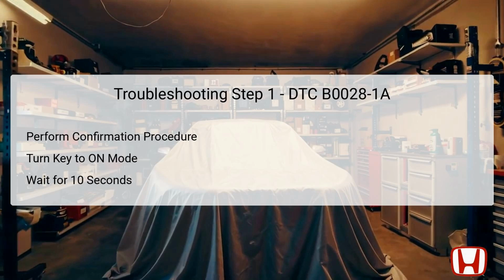The first step in troubleshooting DTC B0028-1A involves performing a confirmation procedure. Begin with turning the vehicle key to the on position without starting the engine. This action allows the vehicle's onboard diagnostic system to run its initial checks and identify any existing error codes. It is important to wait for a full 10 seconds after turning the key to ensure that the system completes